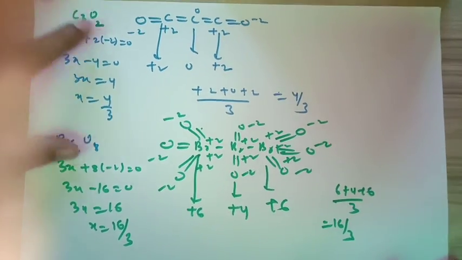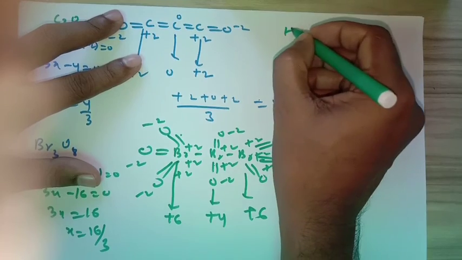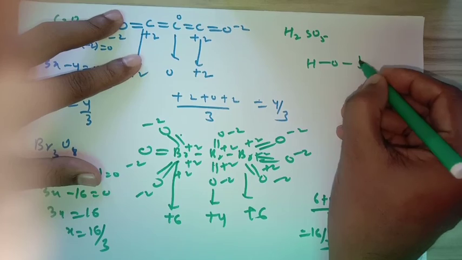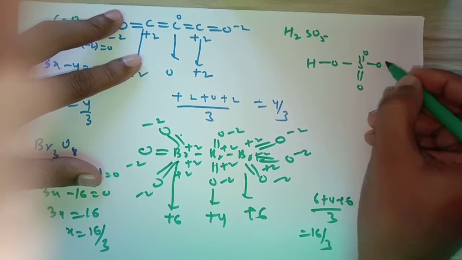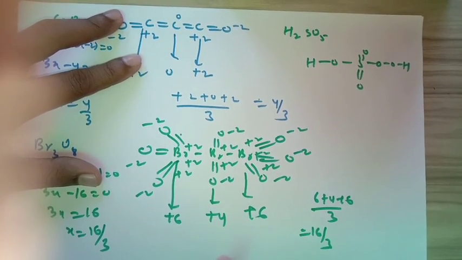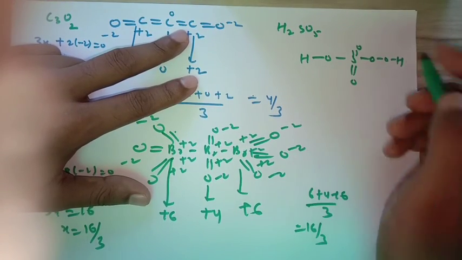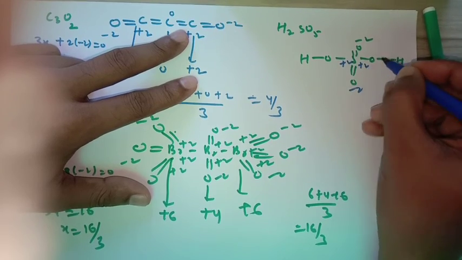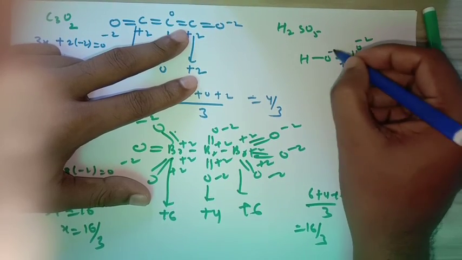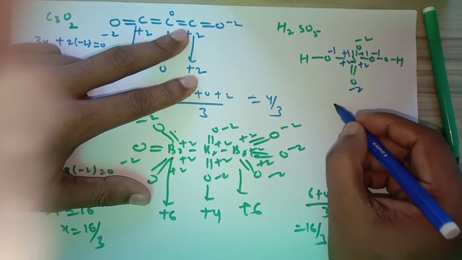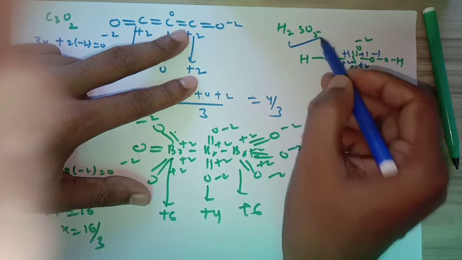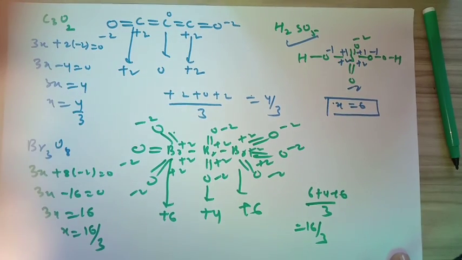Our last structure is H2SO5, that is Caro's acid, H2SO5, and that is HO, S double bond O, double bond O, OOH. So there is one peroxide linkage. Now it is -2, so this will be +2, this is -2, so this will be +2, this is -1, so this will be +1, this is -1, so this will be +1. So overall we'll get oxidation state as x is equals to 6, but with conventional method it will differ. So this is how we solve oxidation number for exceptional case.